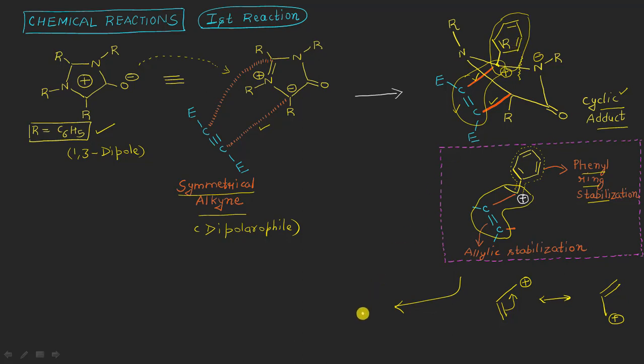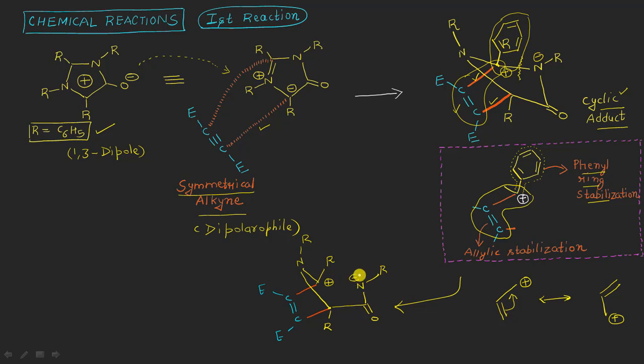So now what we can say here is that it will result in the formation of a C double bond C here, to which these two electron withdrawing groups are attached like this. These two bonds in this way here, and then it is attached to one R group here, which is the phenyl, of course. This nitrogen atom, to which one R group is attached like this, is also bonded to this point here. It is also having one R group. So now this will be having a positive charge. This will now be having nitrogen R here, single bond, and we are having a carbonyl here in this way, right?